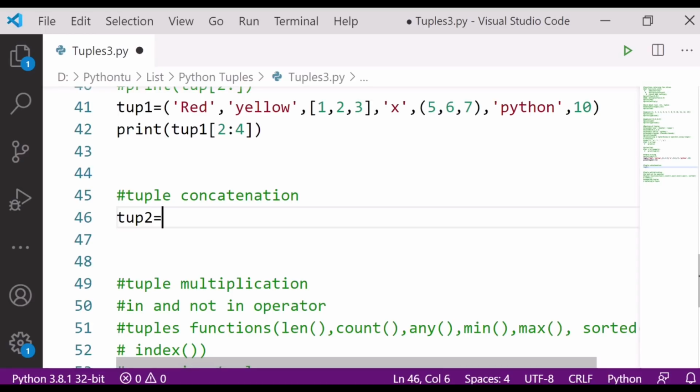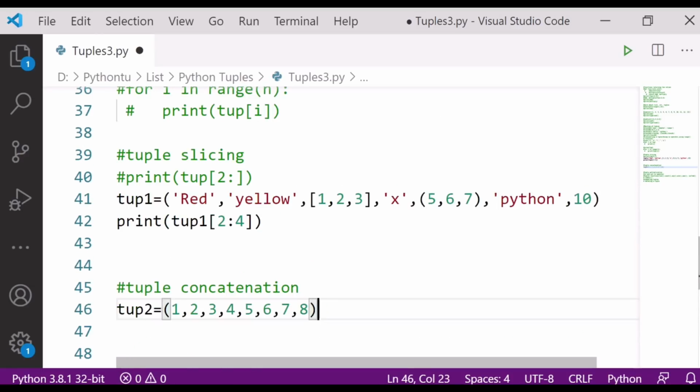suppose I am creating here tuple 2 is equal to 1, 2, 3, 4, 5, 6, 7, 8.